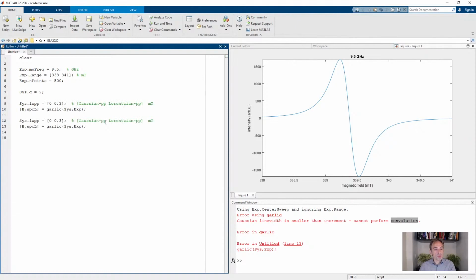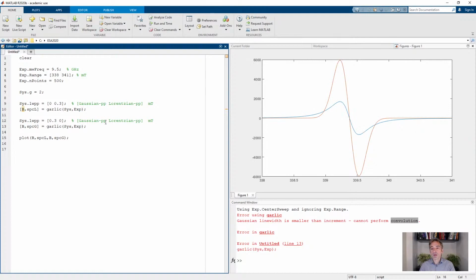And then copy paste this and just change it to a Gaussian and call this spec G and plot the two at the same time. Plot B comma spec L comma B comma spec G. This way we're plotting two things at the same time. And voila, here you can see it. In the plot you can see that in blue that's the Lorentzian line shape, and in the red there's a